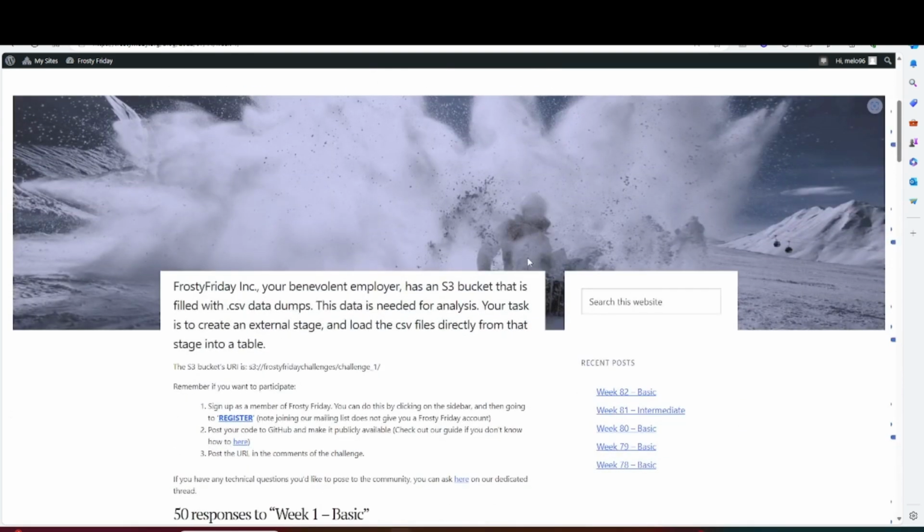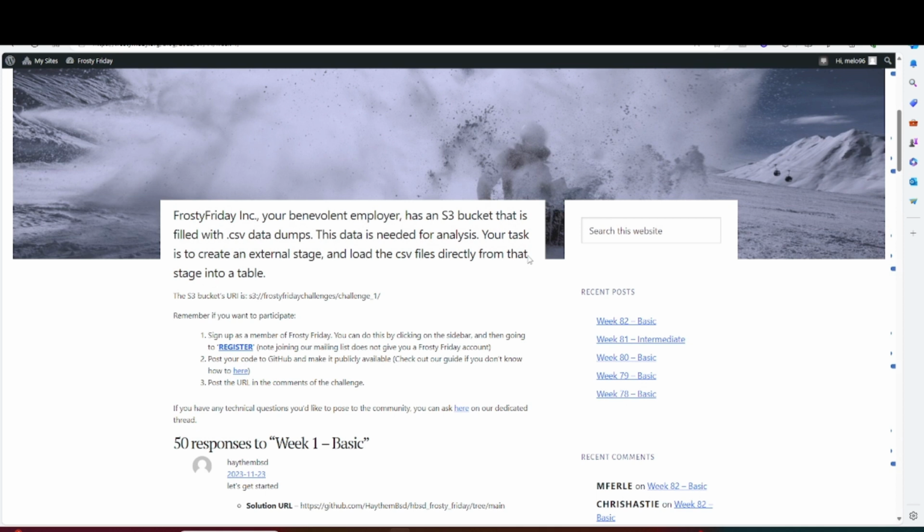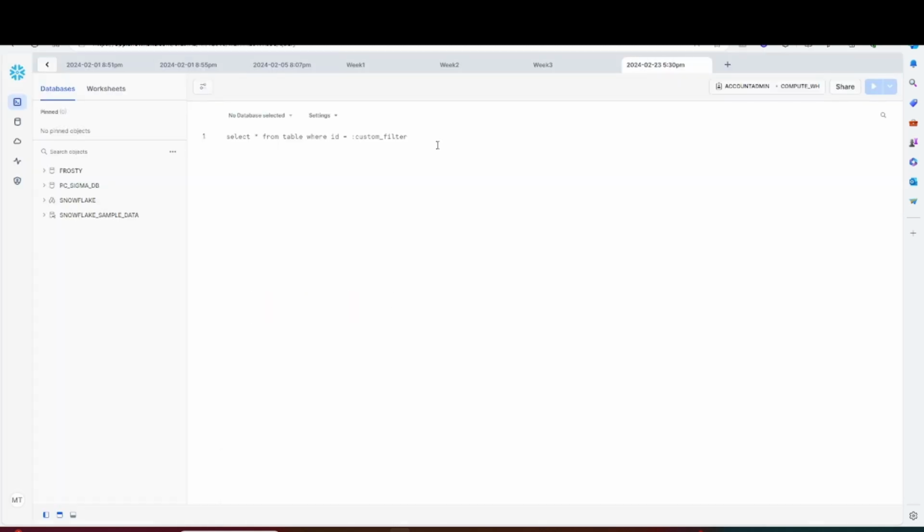So what it's saying here is: Frosty Friday, your benevolent employer has an S3 bucket that is filled with CSV data dumps. The data is needed for analysis. Your task is to create an external stage and load the CSV files directly from that stage into a table. We have only been given this URL here. This is your S3 bucket URL. So I'm just going to copy this and paste